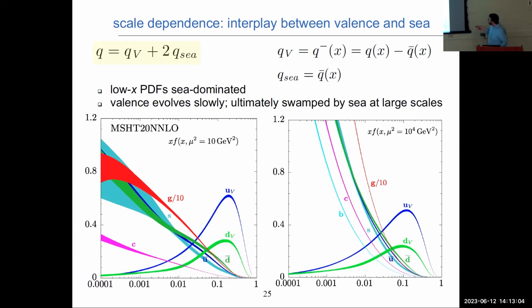As I evolve to higher scales, what happens, due to the fact that you construct these valence PDFs from U minus anti-U, is that the C contribution roughly vanishes in the difference. So the valence largely persists. But if I combine with the others, what seems to happen is that the valence ultimately ends up getting swamped by the purely C-like contributions.